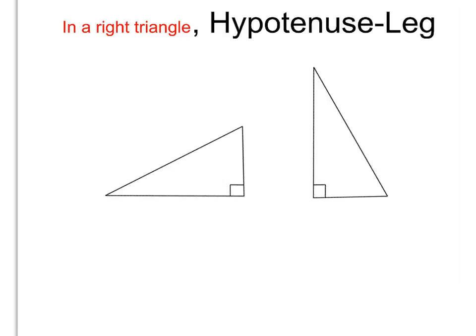The final way to tell if the triangles are congruent has to deal with only if it's a right triangle. This is the only one that has the stipulation that it only works if it's a right triangle. And that is hypotenuse leg, abbreviated HL. Okay? Hypotenuse leg means your hypotenuses are congruent, and one of the legs of the right triangle